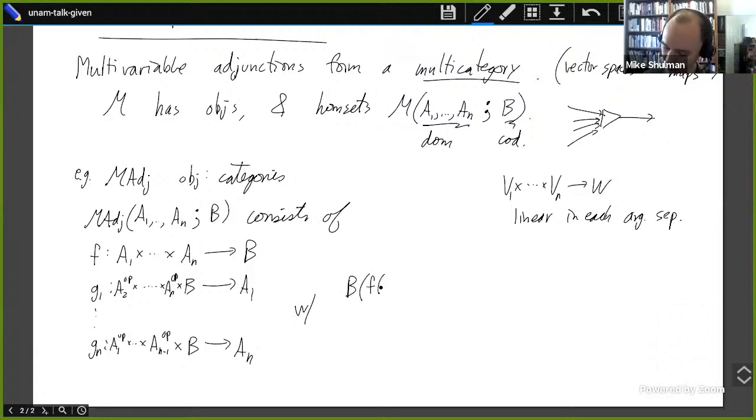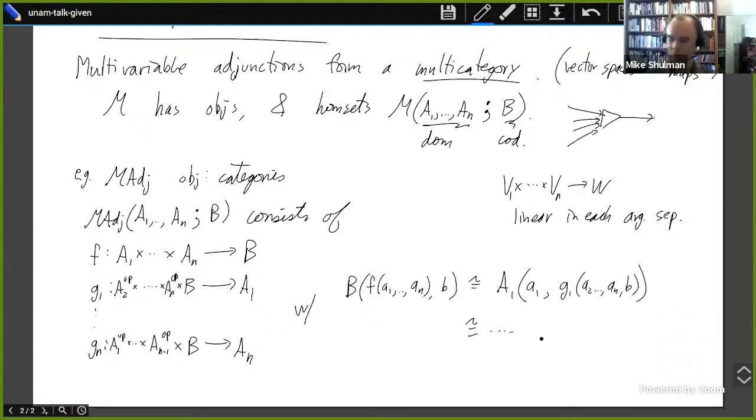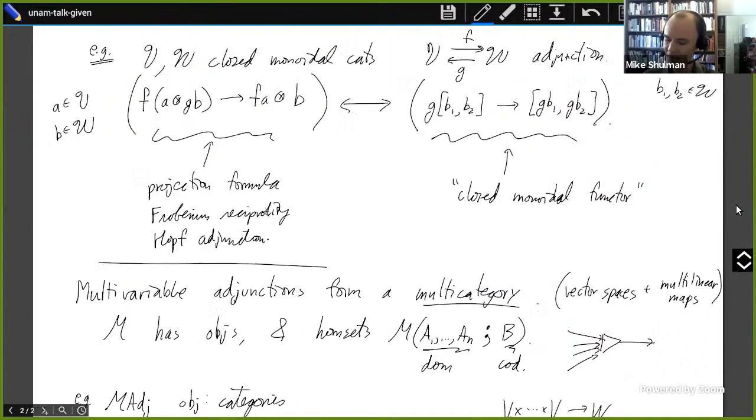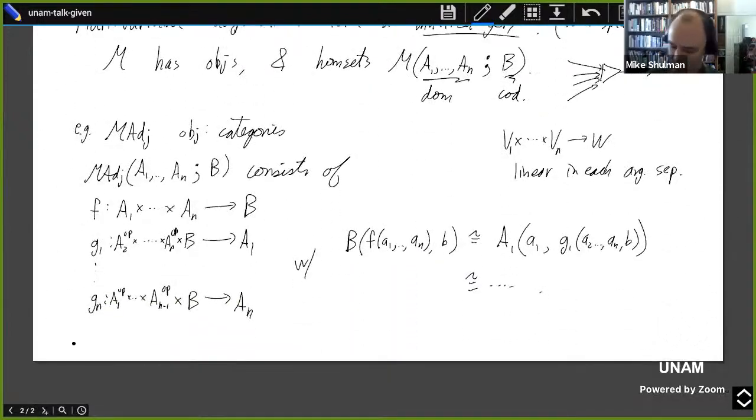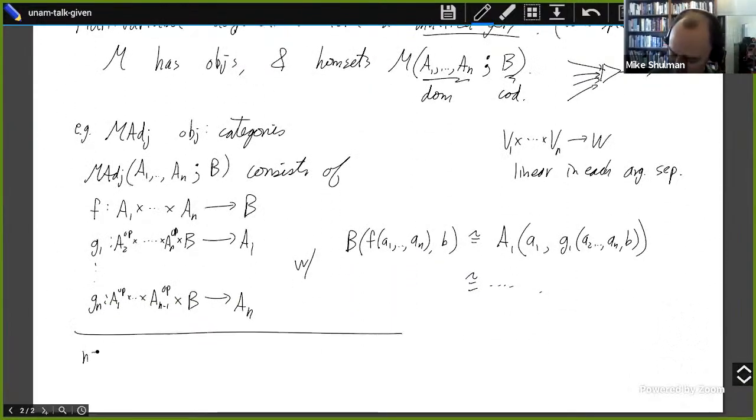So at B of some value of F, mapping into some object B is isomorphic to, say, A1, mapping from little a1 into G1 of all these other guys, and so on for all these other ones. So all these Homsets are isomorphic. In the 2-variable case, that gives us what we had up here. So when n equals 2, which is what we had before,